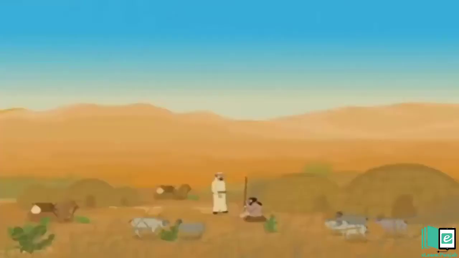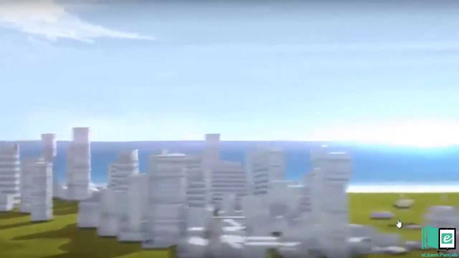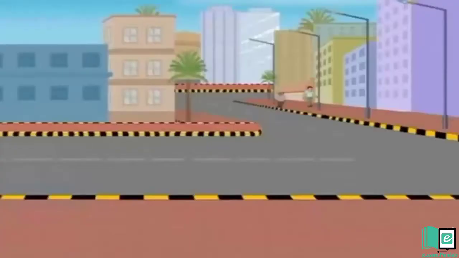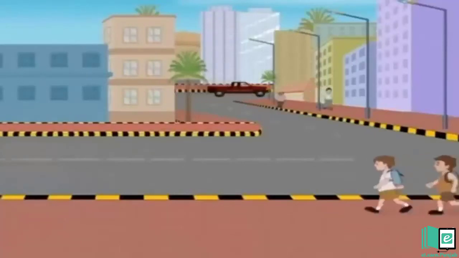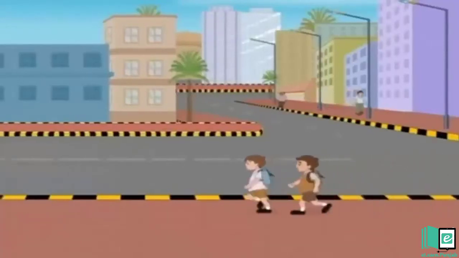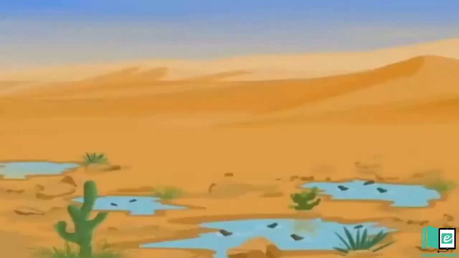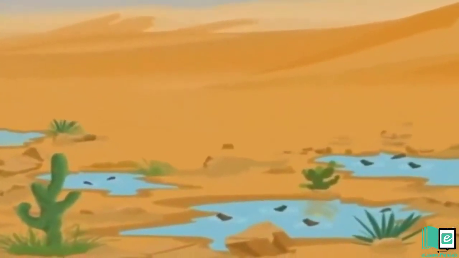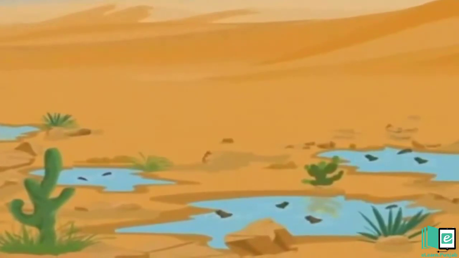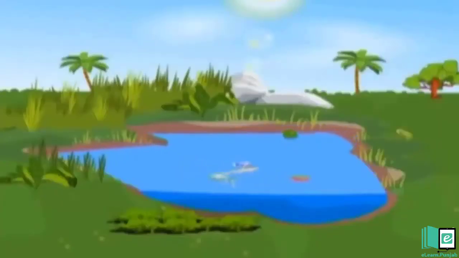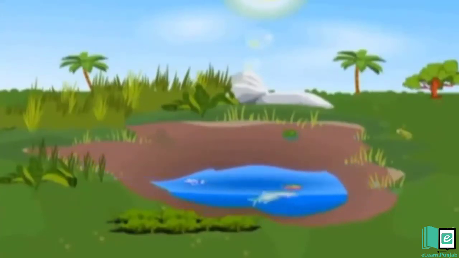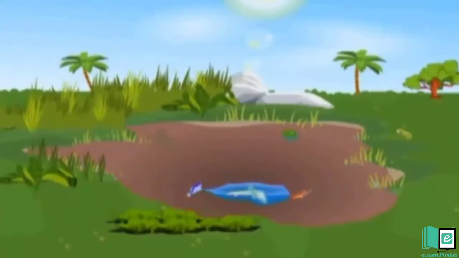Migration is another factor that changes the size of populations of a habitat. When a few individuals come to an area, it increases the size of the population in that area. Organisms migrate in search of better living places. A drought is a period when there is no rain for a long time in an area. The ponds or streams may dry up during a drought. Most pond plants and animals die or move to other ponds.